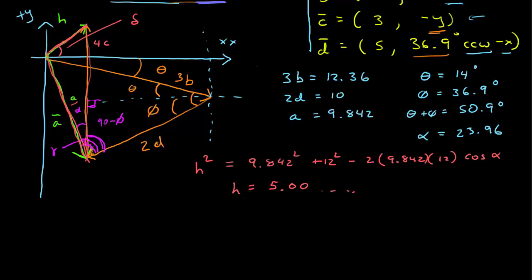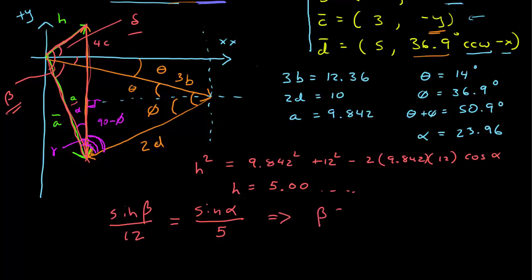To find that, I could find this interior angle here, call that beta, because then beta minus this angle, which is just 180 minus alpha minus theta minus phi, and minus this angle, which is theta, will give me delta. I need to find this angle beta. And I first did that using the law of sines again. So I had sine of beta divided by 12 is equal to sine alpha divided by 5. I get beta is equal to